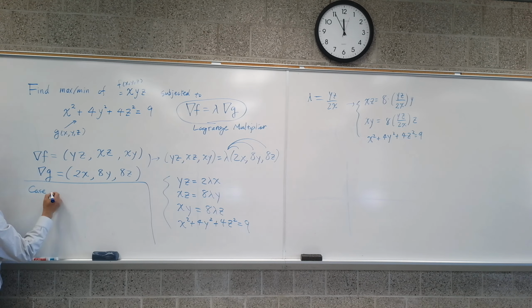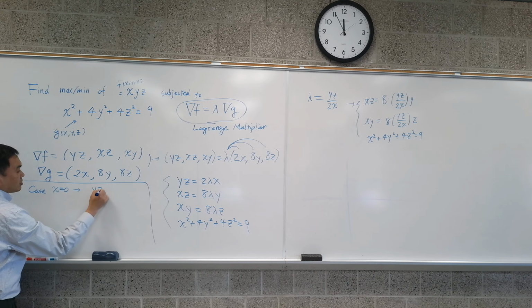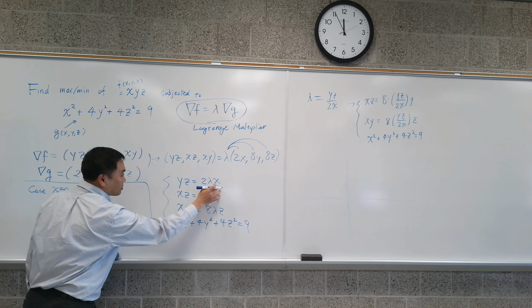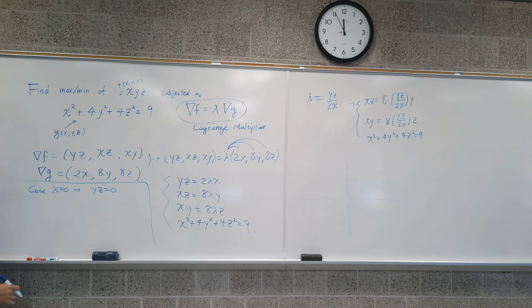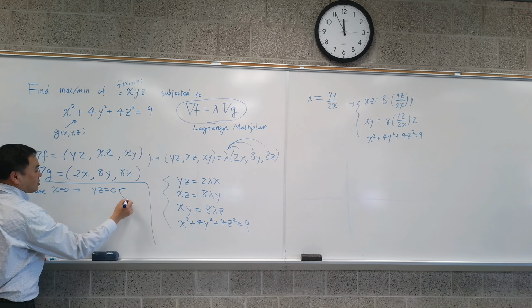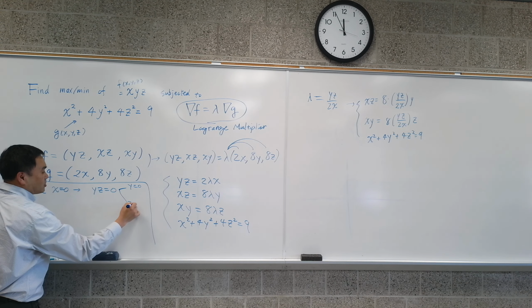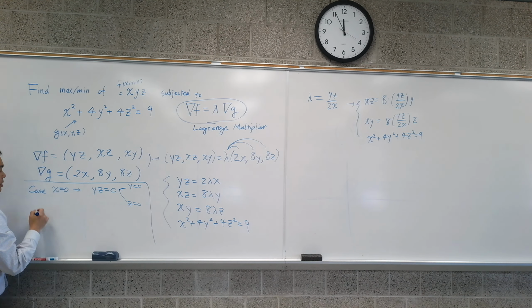Case when x is 0, then that says yz is equal to 0 because x is 0, right? And that splits into two cases, y is 0 or z is 0. Now, if y is 0, then you get 0, 0, 4z squared equals 9, so you get z squared equals 9 over 4. But it doesn't matter because